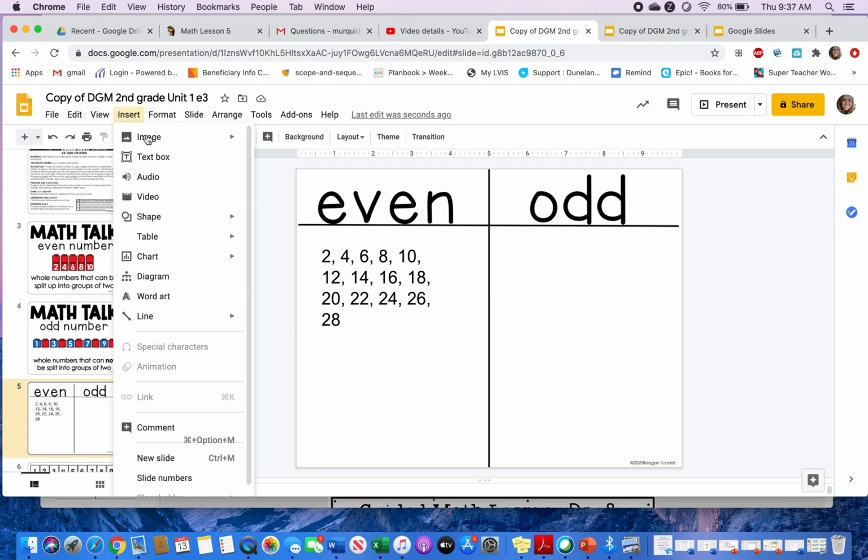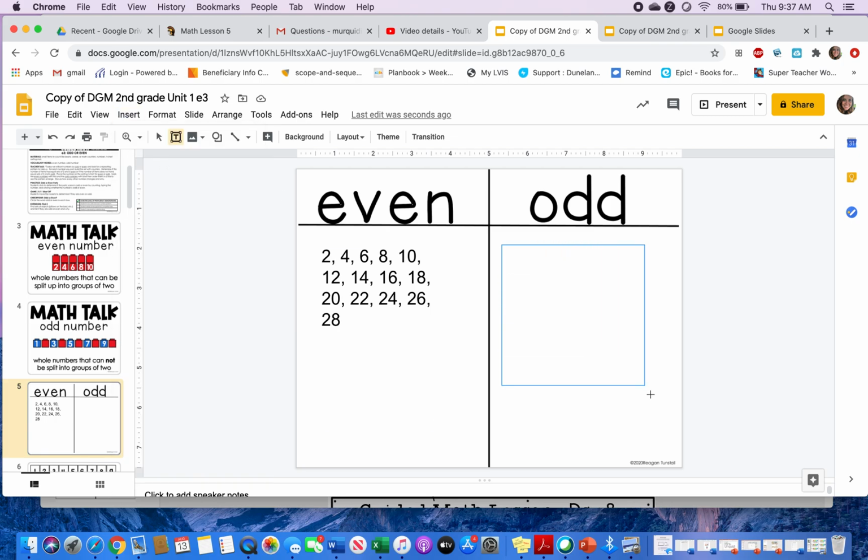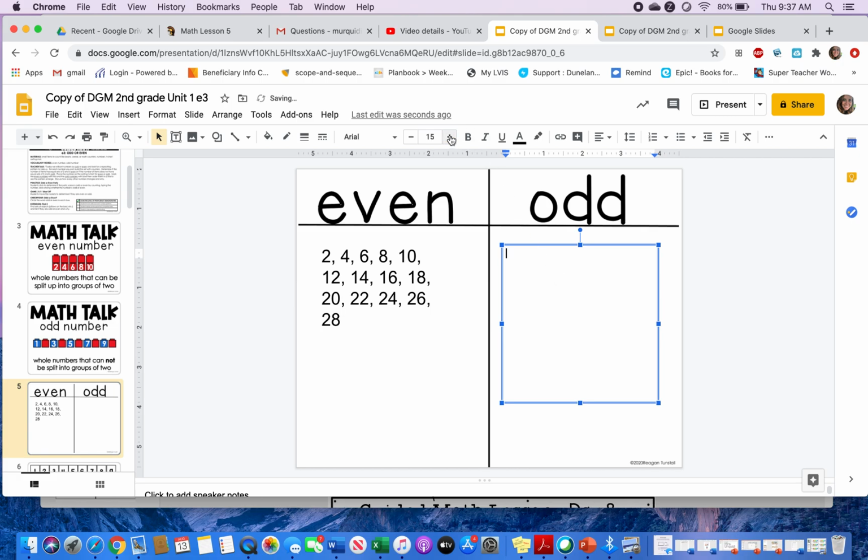Let me insert another text box, and we'll practice writing the odd numbers. Let me get a big font so you can see. All right, odd numbers. Start counting. 1, 3, 5, 7, 9. Do you know the next one? 11, good. 13, 15, 17, 19, 21. Good job, keep going. 23, 25, 27, 29,